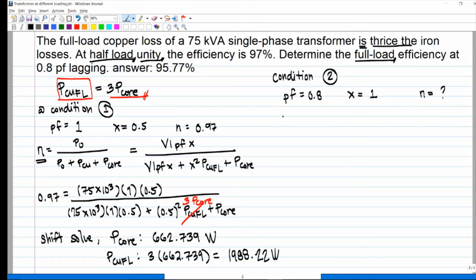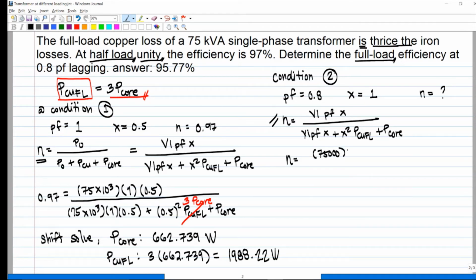So, using the formula N is equal to VI PF X over VI PF X plus X squared copper loss at full load plus P core, we can now solve for the efficiency. So, mas maganda rin siguro kung ito na mismo yung kabisado nating formula para sa efficiency ng isang transformer. So VI, that is the VA rating of the transformer,